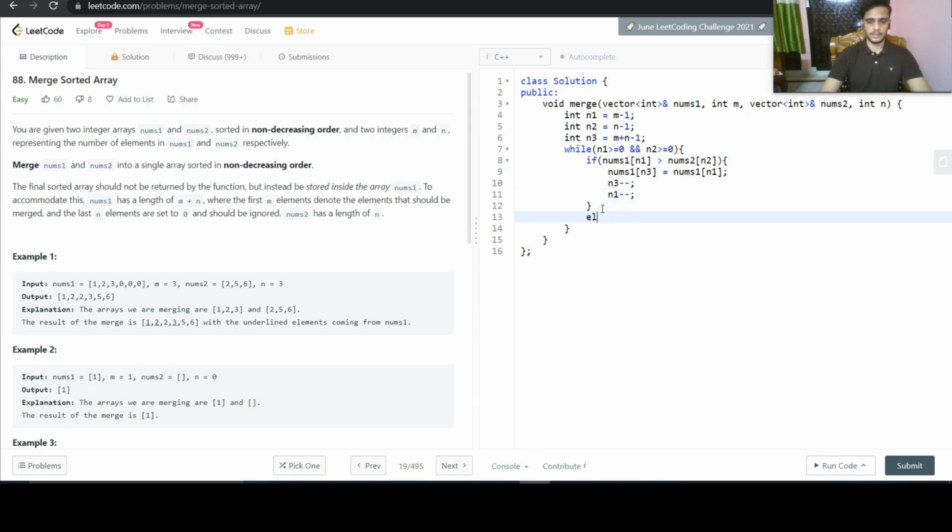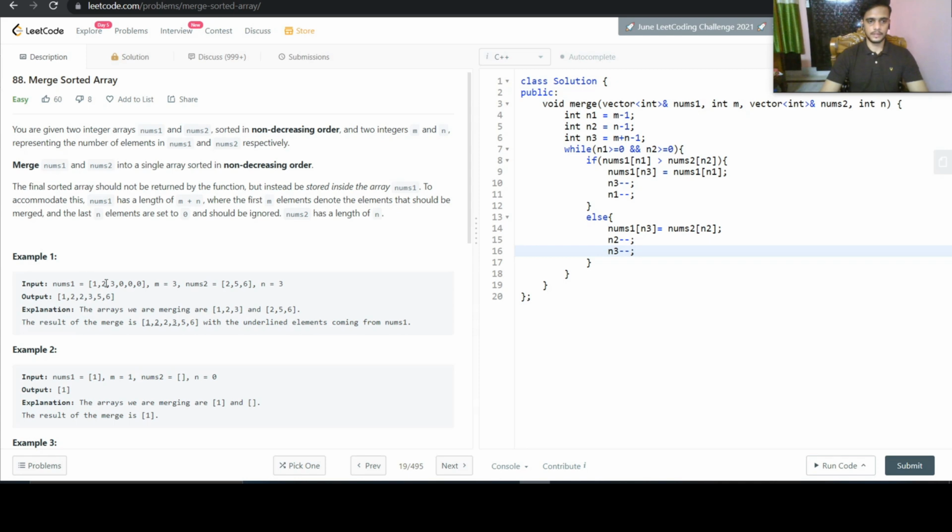Or if it is the opposite case, then we will just take the last element from nums2 and put it in nums1. So nums1 of n3 is equal to nums2 of n2, and then n2 minus minus and n3 minus minus.